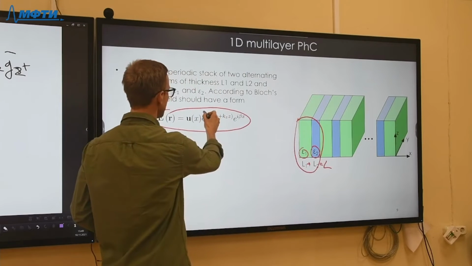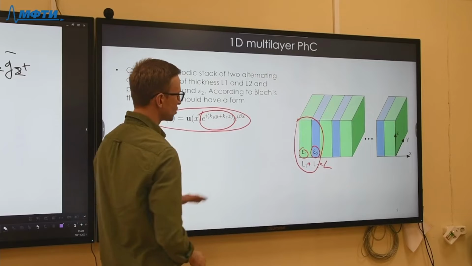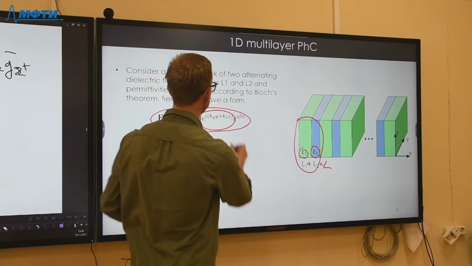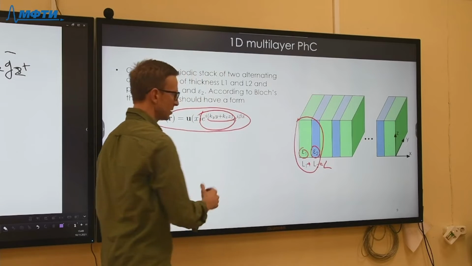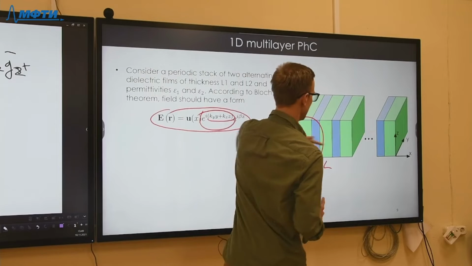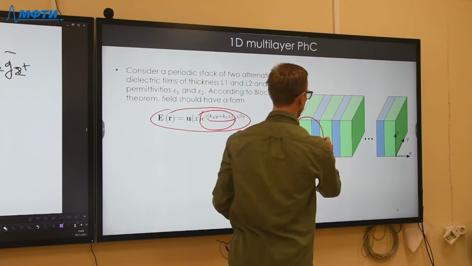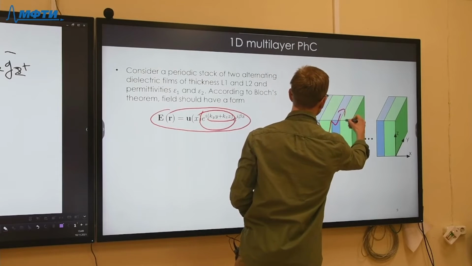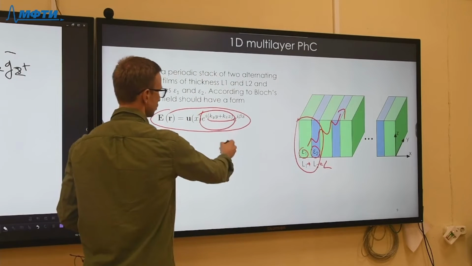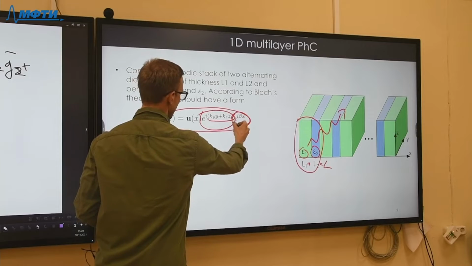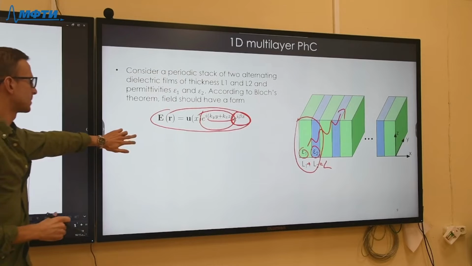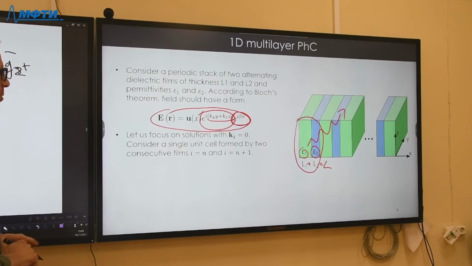Then this is the usual plane wave factor, which accounts for propagation along the X, Y and Z axes, because of course we're going to be interested mostly in this solution propagating perpendicularly to the layers, but the wave can also propagate at some angle with respect to the layers, so we should include this factor too. And there is the Bloch factor, which actually includes the quasi-momentum beta. Okay, so now what we should do